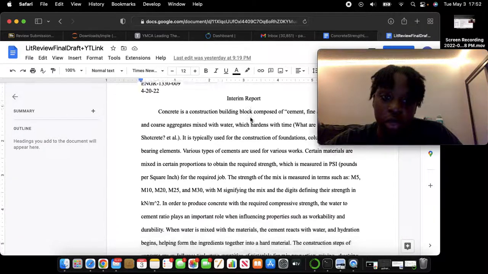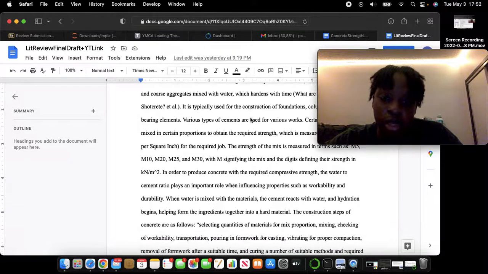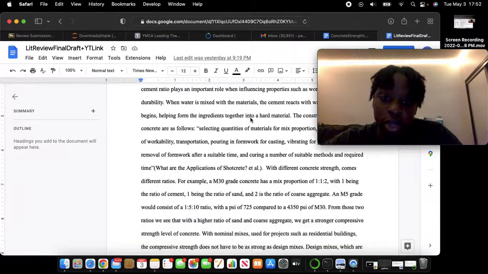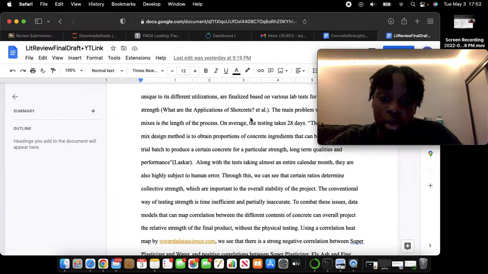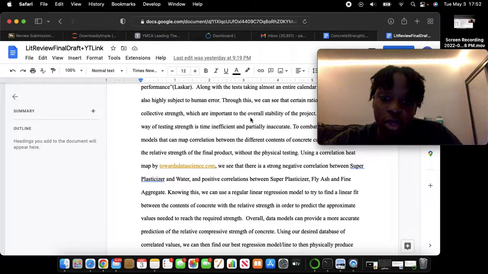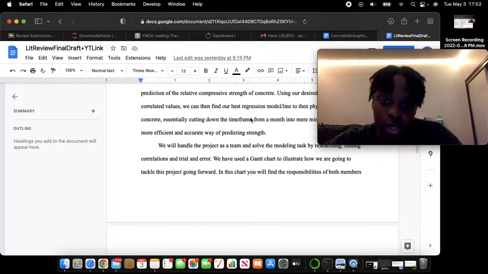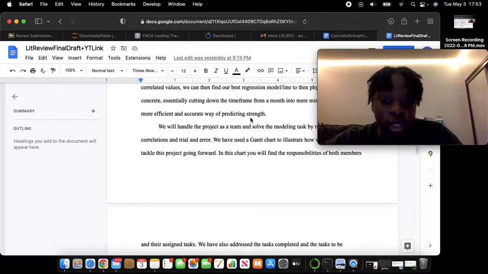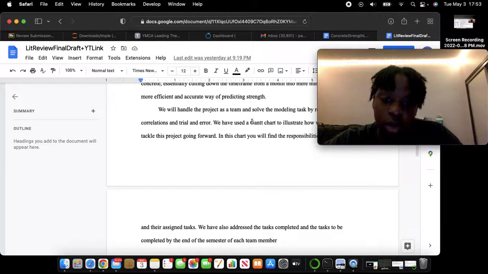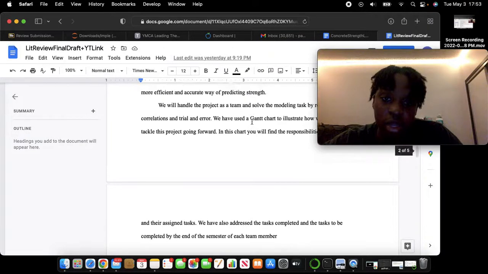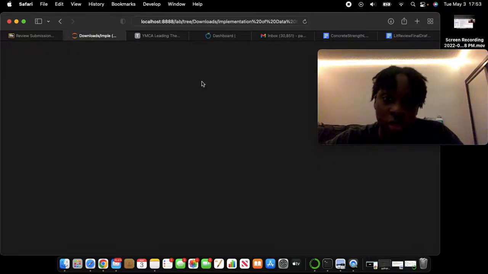in which we provided background knowledge on concrete strength and the testing process and the different things that make up concrete, and overall stated our plans for how we were going to execute this project. After the steps were outlined and detailed and all of our background knowledge was applied in this review, we were then able to